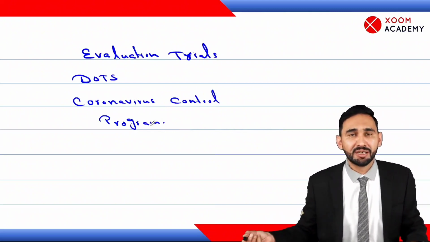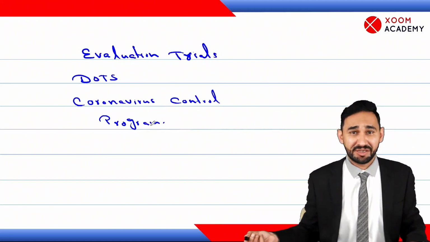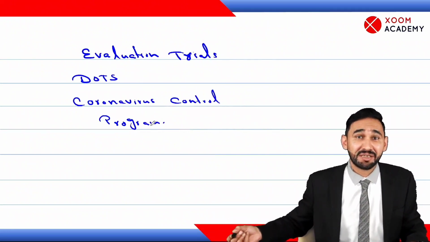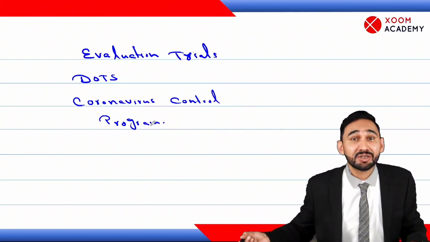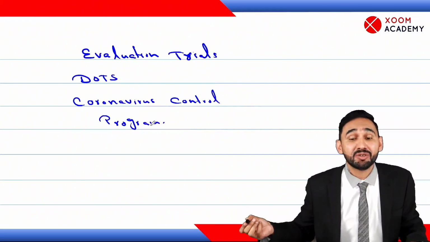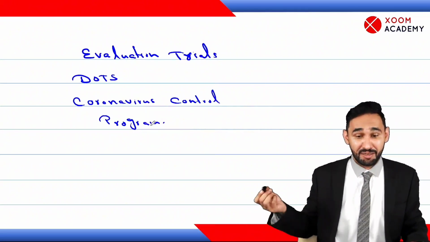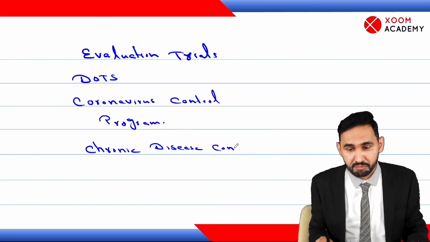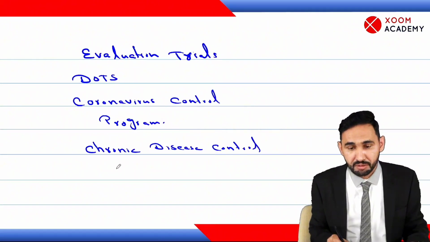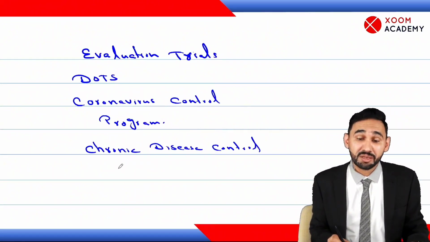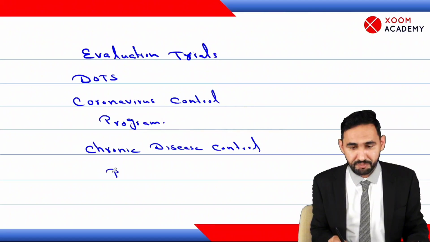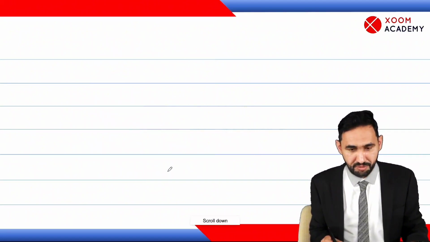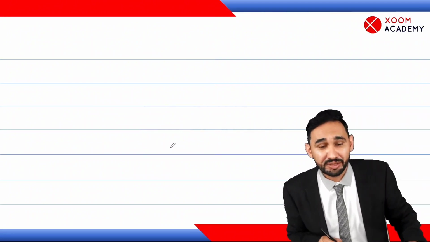For example, the world is right now going for vaccination. After massive vaccination, it is assessed that vaccination is a successful procedure to reduce the mortality and morbidity due to coronavirus. Or we will see our chronic disease control program. There are certain programs which are meant to control chronic diseases. We will see their efficacy by doing a trial. So these are various types of randomized controlled trial.